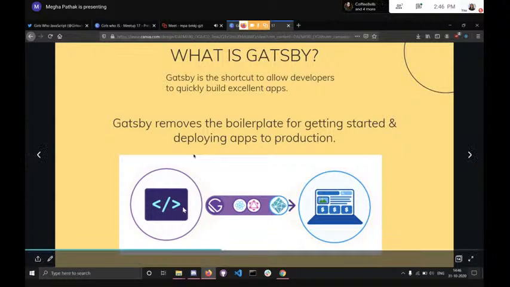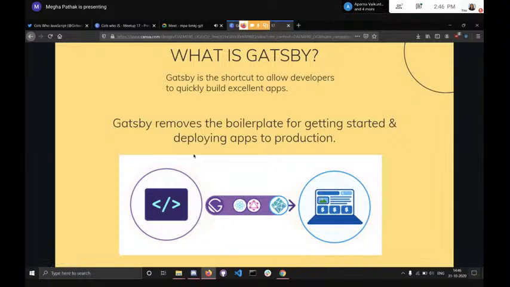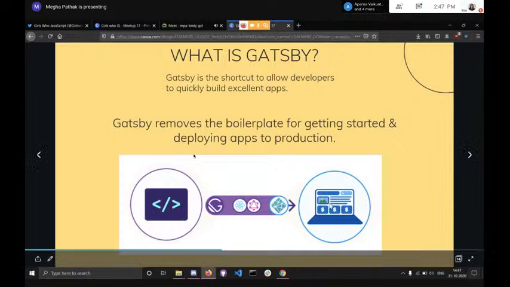It is quite similar in Gatsby. Then you write your whole app using React and GraphQL. There is no need of learning something else, as your whole app is written in React only. Then you can simply deploy it. So it reduces a lot of middle things that are required in other setups.